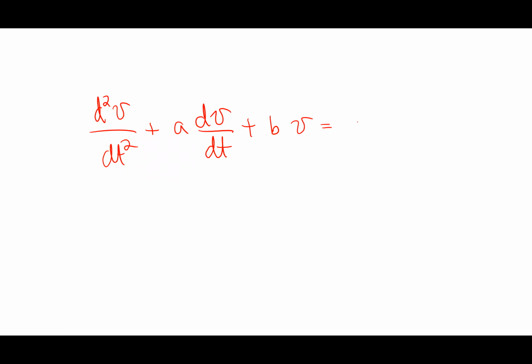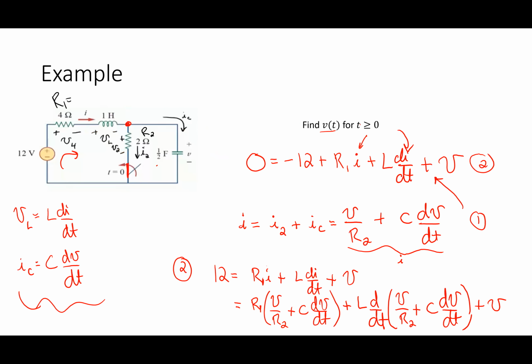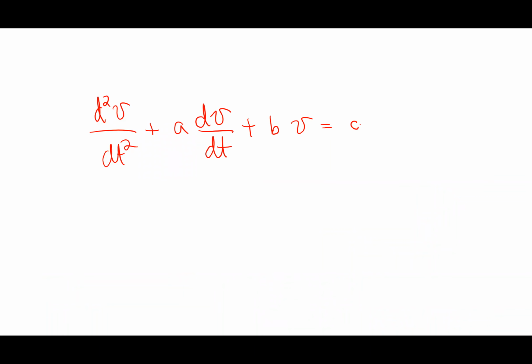So this is going to become d squared V/dt squared plus a dV/dt plus b V equals some constant. Now again, I'm not going to do that simplification right now. I think I've worn you guys down enough for now, but I will post the remainder. R goes to 0, right? Because everything